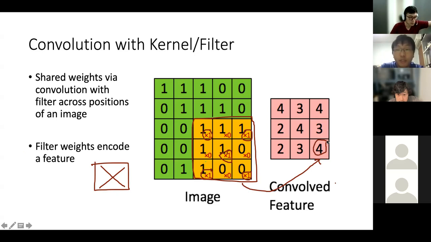Just take a look at the convolved feature here. Can you tell me which of the stuff that we pick out are X's? Where are the X's in the original image? Are there even X's at all in the original image based on whatever features that you have? Anyone can tell me? Are there any X in the image? I'll just give you a while to process, because you can see that the filter here tries to